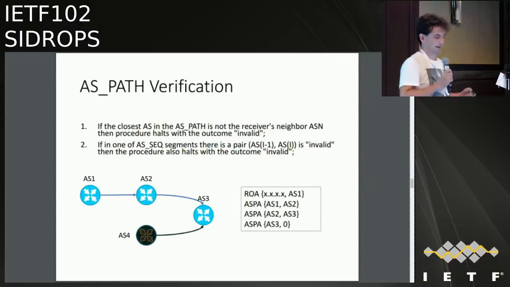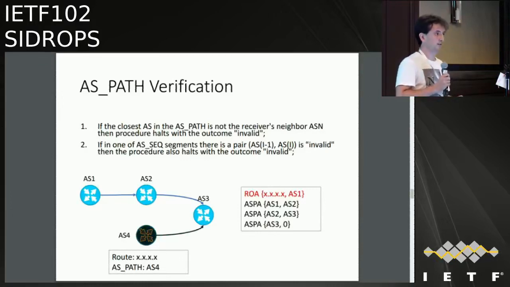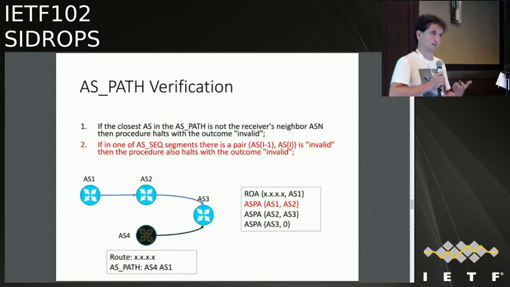So let's start. First of all, AS4 may try just to announce address space that belongs to AS1. Of course, it will make conflicts with the ROA, and it will be detected, and I hope it will be dropped. Learning from its mistake, AS4 may try to malform the AS_PATH by adding AS1 into the beginning of the AS_PATH. But we can easily detect it using ASPA.